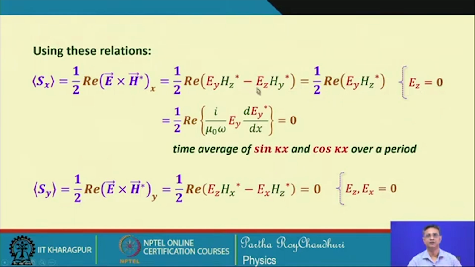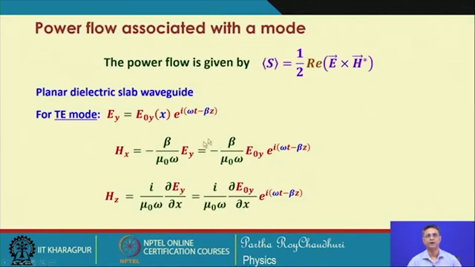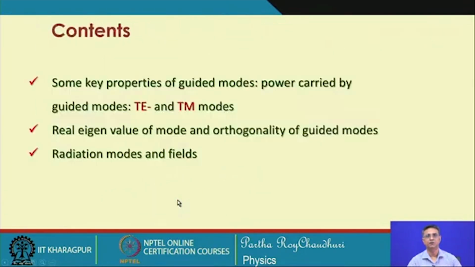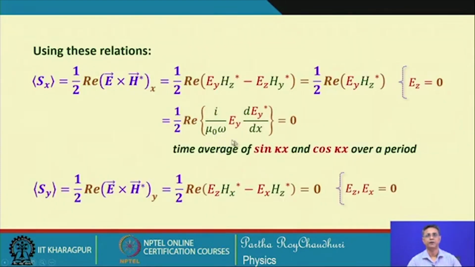So, this second quantity does not appear, only this E y H z star we will have to calculate, and then this S x becomes half of real part of this quantity, because H z star we can translate into E y using this equation. H z will be expressed using this equation. So,